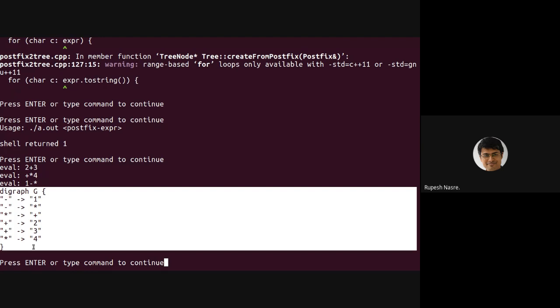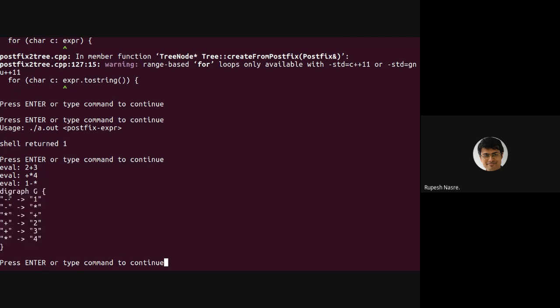somewhere, right? So that somewhere I will tell you, but this essentially means that I have a minus sign which goes to one, so minus to one edge, then minus to star edge, then star to plus, then plus to 2, and plus to 3, and star to 4, right? So this is not really the most appropriate format the way I have printed, because this expects that there is only one plus, there is only one star, otherwise we won't be able to distinguish, etc. But this suffices for our purpose, that's why I'm showing it here.